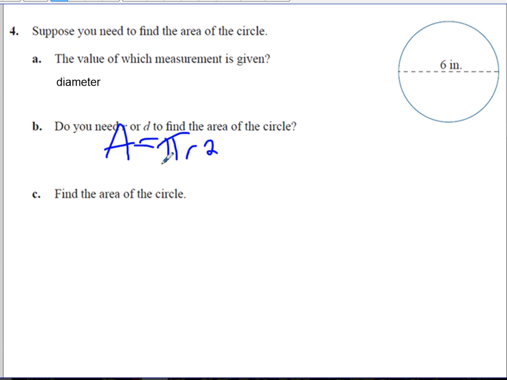So obviously we need the radius. So before I even look at the problem, what I'm expected to find, what I always do is make sure that I know what the radius is. If it's given, great. If it's not, I always put it next to it, because remember the radius is going to be half the diameter, and so it's going to be 3 inches in this case,